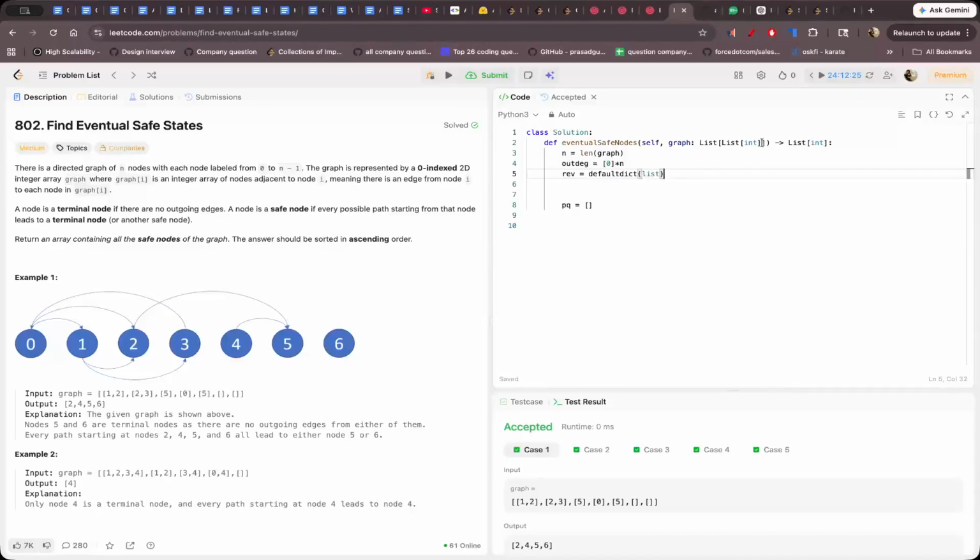I can use list of list also, same as what was given, but I'm used to using default of list, which is easy for me to handle. So I'll simply say for every vertex in this graph, which is the range of n, so it will give me 0, 1, 2, 3, 4. So I'll say reversal of